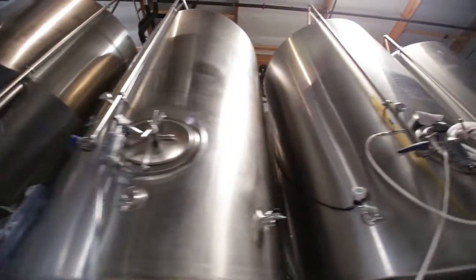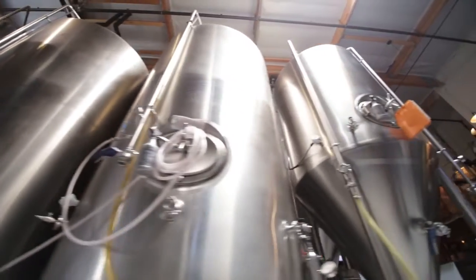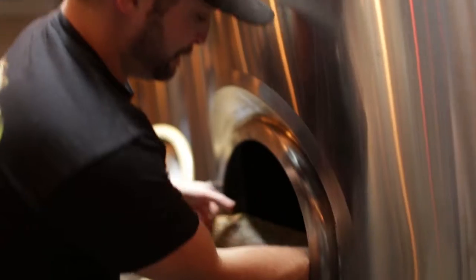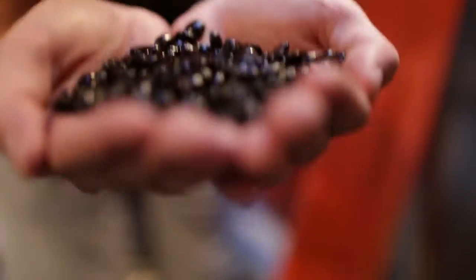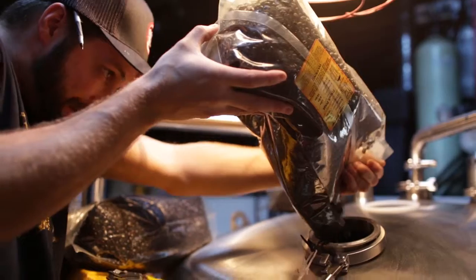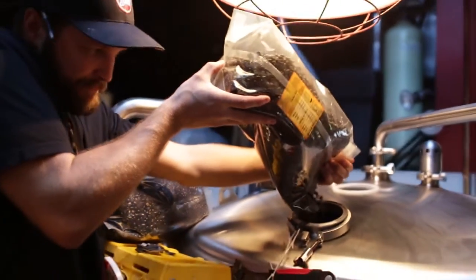to Fig Mountain. Once we get the cacao from our friends over at 24 Blackbirds, we take it and put it into mesh bags and soak it in the beer in the tanks behind me. It really helps to impart a lot of great chocolate flavor and aroma into the beer. We add the beans and cold brew coffee from Santa Barbara Roasting Company at a later time than the chocolate. We pour the whole beans right into the tank, and we add the cold brew later, right before the beer